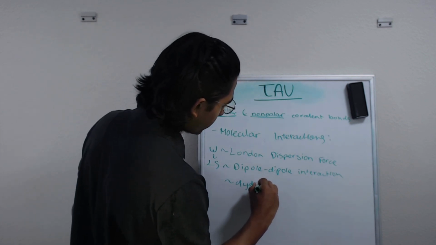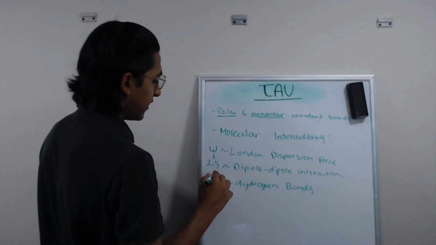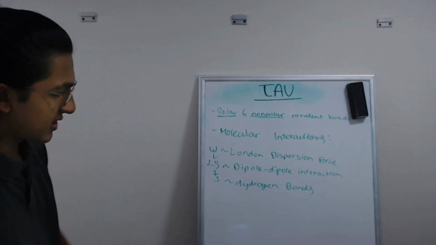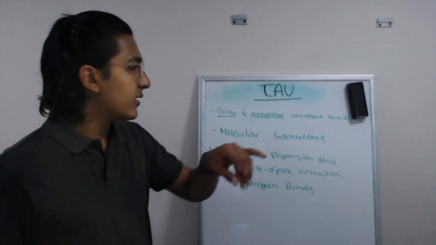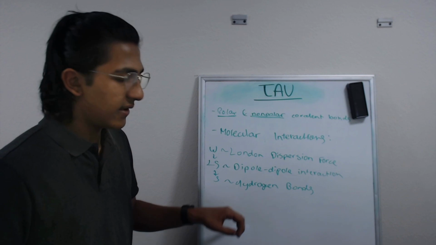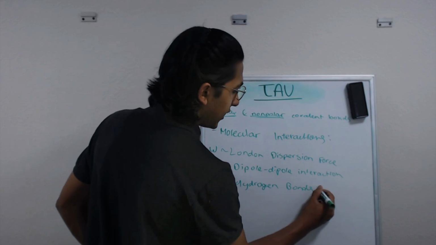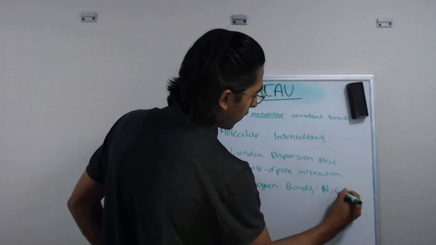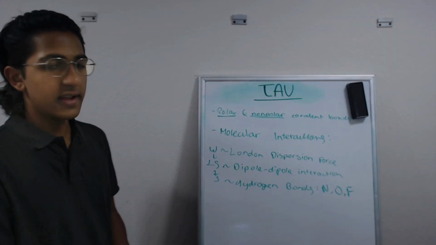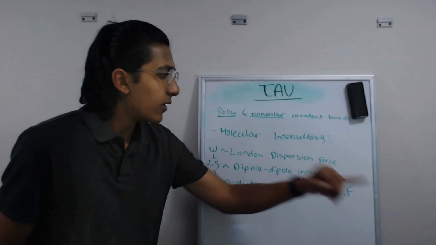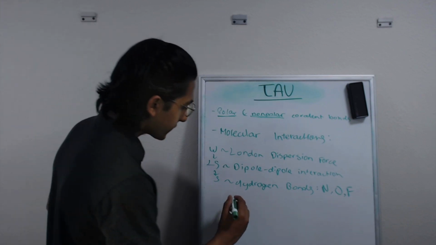Then we come to the strongest form. They're called hydrogen bonds. These are the strongest type of molecular interaction. Hydrogen bonds occur when you have a polar covalent bond that has a hydrogen atom. But not just any polar covalent bond. It has to be either nitrogen, oxygen, or fluorine. These are the chemical symbols for those three elements. If one of these three elements forms a bond with hydrogen, let's say